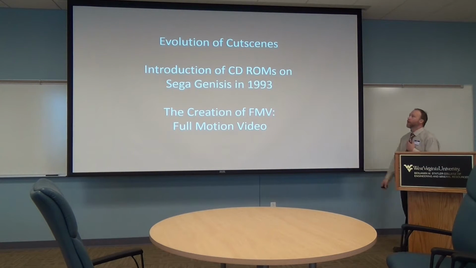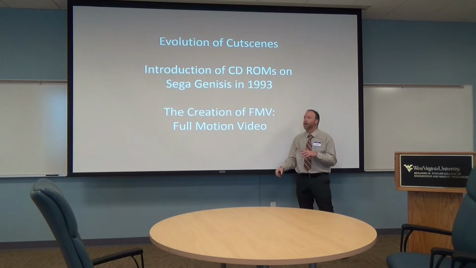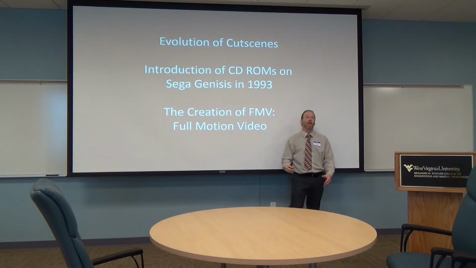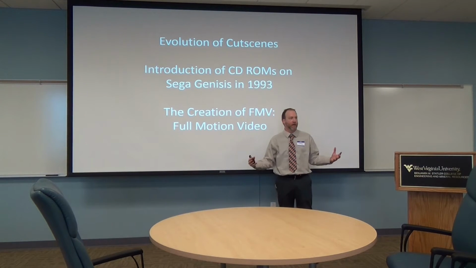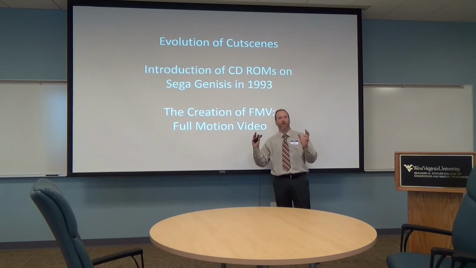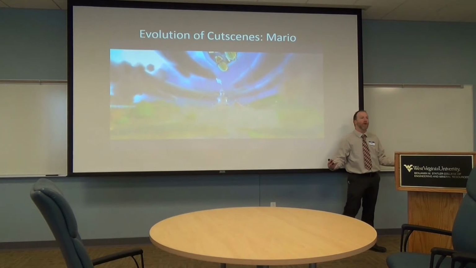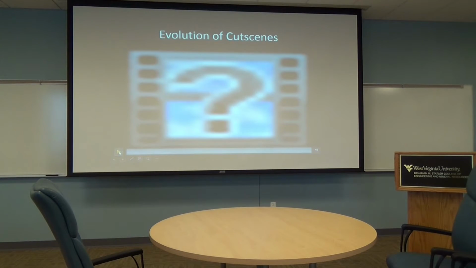So later, right, with the introduction of CD-ROMs on Sega Genesis in 1993, we get the full motion video, right, which is now being used a lot, in which fully rendered video could be included on the CD-ROM, which would allow the cutscenes to have real action and adventure, rather than just pixelated jumpiness. So with Sega Genesis, suddenly they were able to use more powerful computers to render out long animated scenes, and then store them on the CD-ROM, so that it was better than it had ever been before. And over the years, they got better and better.